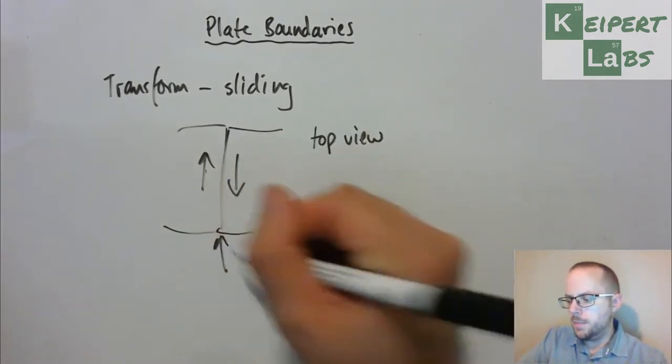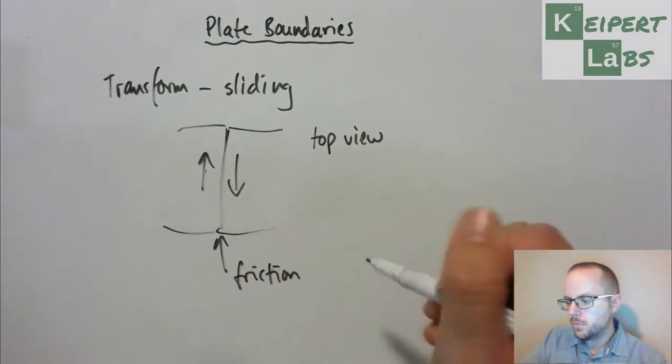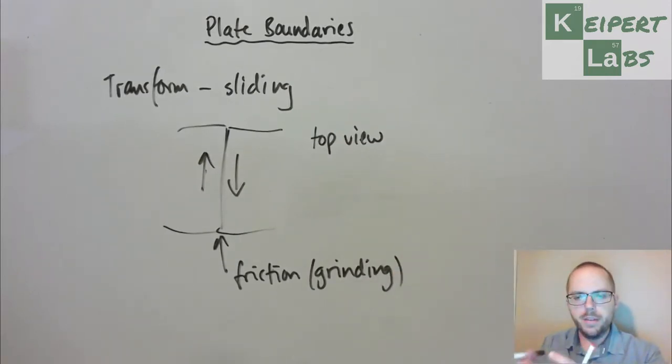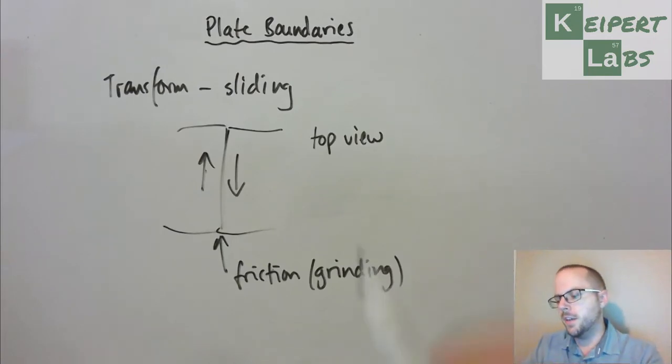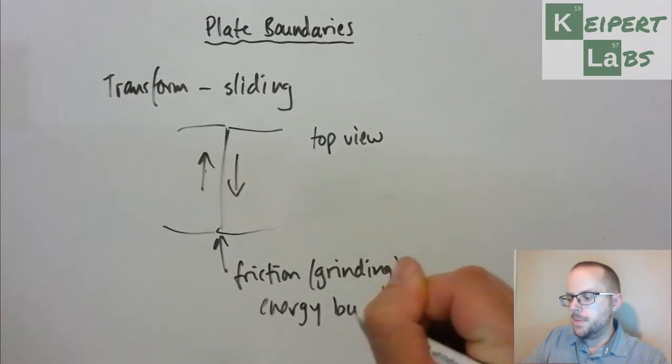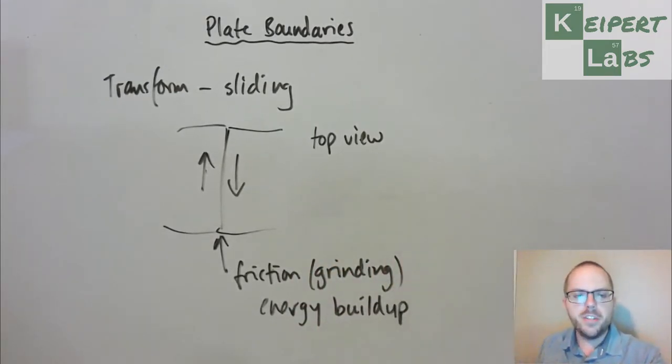So at this point, we get a tremendous amount of friction, because you've got massive surfaces of rock, very, very deep, that grind past each other. They're in constant contact, and they continue to rub against each other. So we end up with a tremendous energy build-up as a result. Imagine we've got a lot of friction because we don't have smooth surfaces sliding past each other. We have things that are very rough, with a tremendous amount of rock, so they don't easily slide. It's not like ice skating; they don't slide neatly, but actually